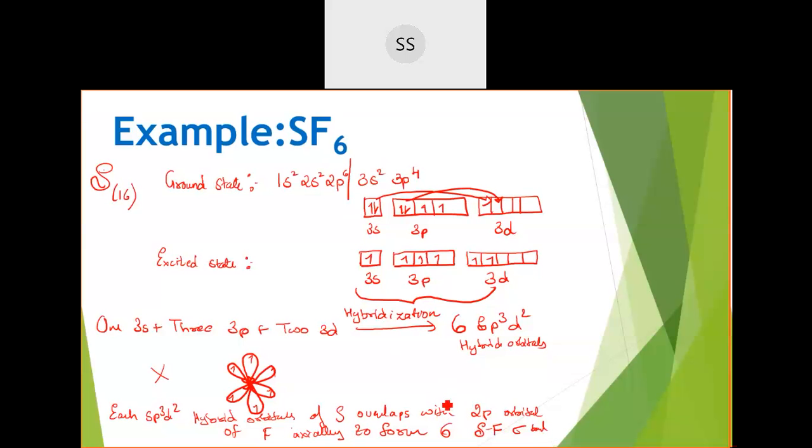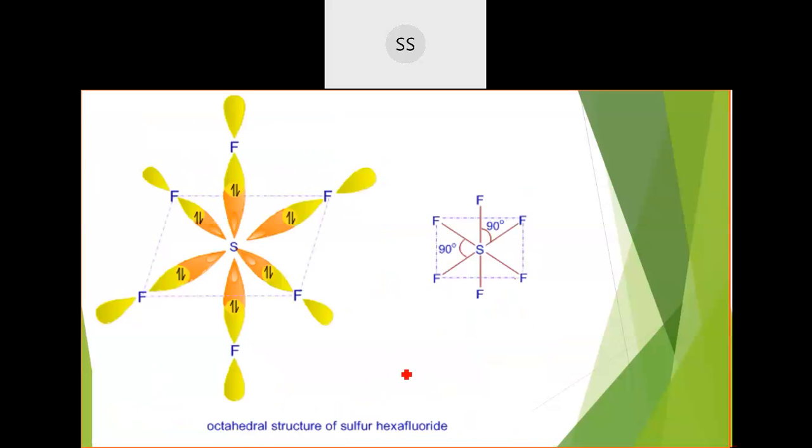After doing that, when you are writing that orbital structure, this is how it will look. I said you can eliminate writing the orbital structure, but this is how it will look. We have this orange color one, you can see, the orange ones are the sp3d2 hybrid orbitals, which were having 1 electron each. And then fluorine came. That fluorine atom is bringing 1 unpaired electron from its 2p orbital to bind with the hybrid orbital of sulfur. So here, see the orientation.